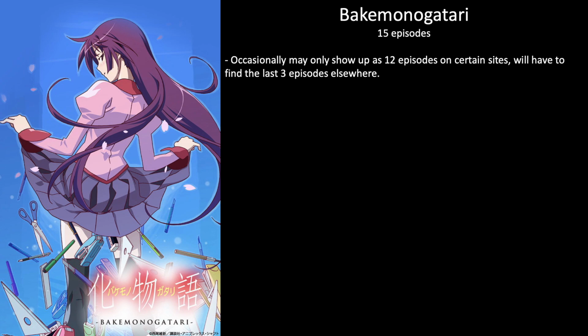So if a site doesn't have them, find a site with them. There's some independent sites, we'll say, that have them, but some of the main sites might not. They should all be there, but I just want to cover all angles here, so if it doesn't have 15 episodes, find it somewhere that does, because otherwise you're missing a lot of context to a lot of other events.